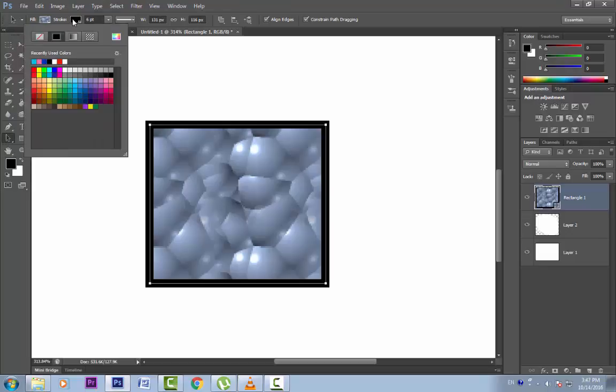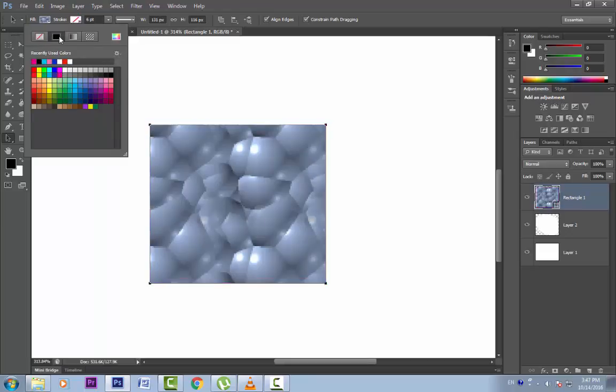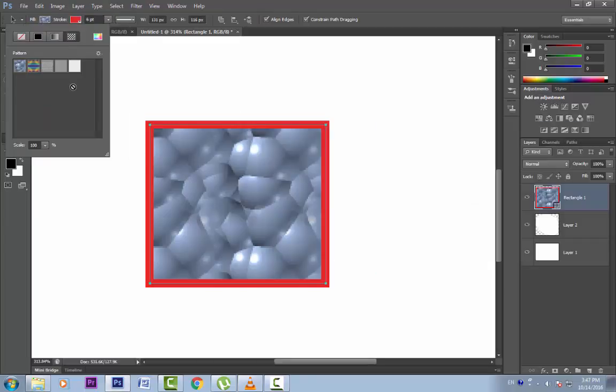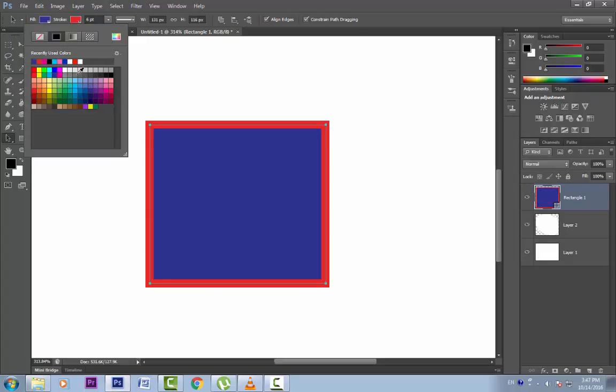Let's now talk about the stroke, because strokes are new to Shape tool in Photoshop CS6. Basically, Adobe is trying to create vectors in Photoshop, working a bit more like they work in Illustrator by giving us individual control over the fill and stroke. Now with the stroke selected, we can choose a different color, like so, or we can give it no stroke, solid color stroke, a gradient stroke, a pattern stroke, or we can choose from here. I'll change the fill, I'm not liking it. All these options are same as fill.